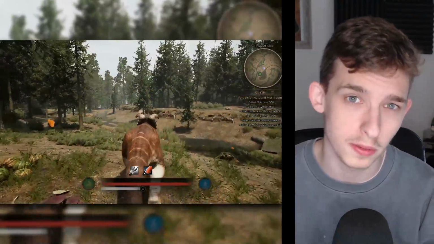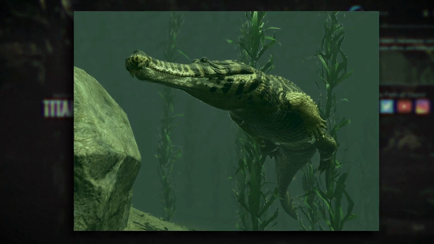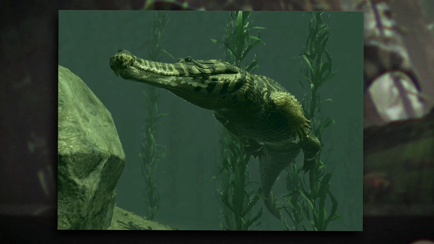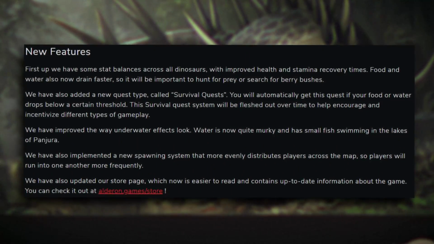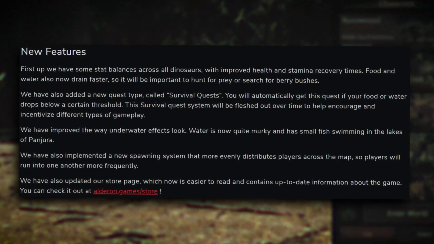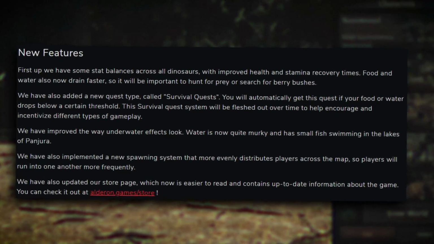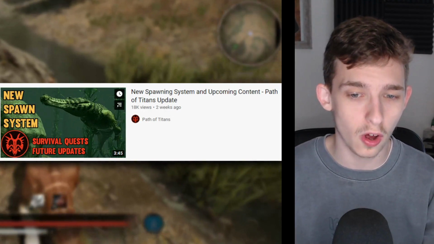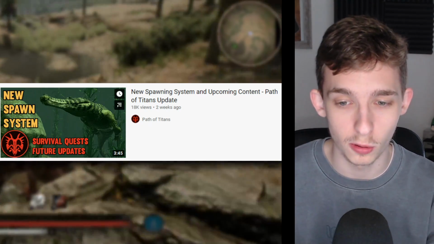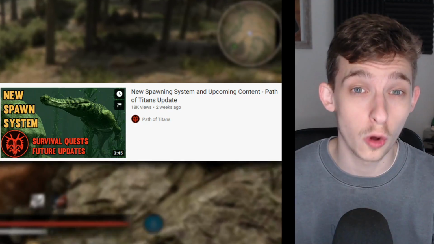So the previous update, we saw new mechanics overhauled and changed in the game, with the new spawning system, new water shaders, as well as overall changes to some animations and the addition of new quests in the game. I feel it's interesting to note that everyone kind of forgot about this update and kind of forgot about the last part of the video that the developers dropped with this update that stated what is coming soon